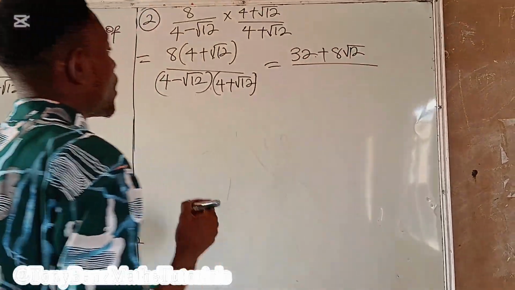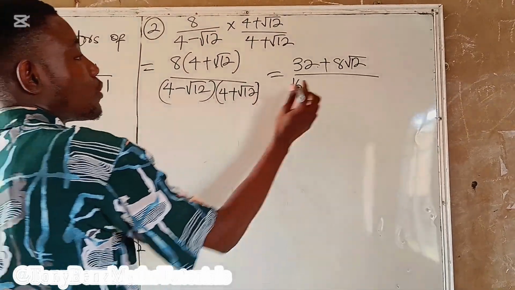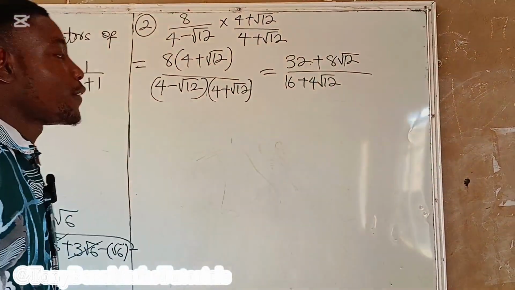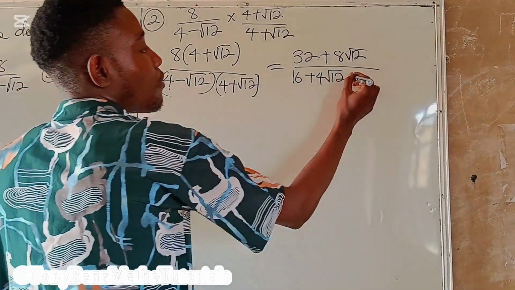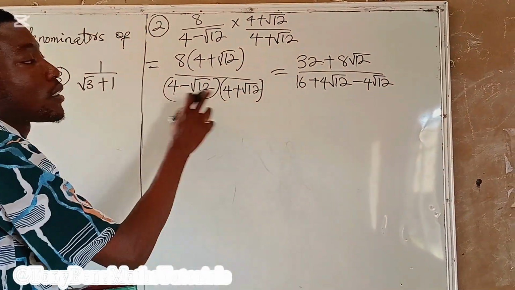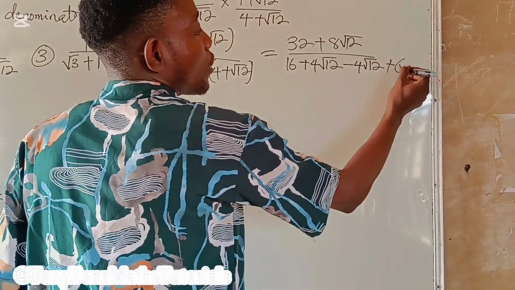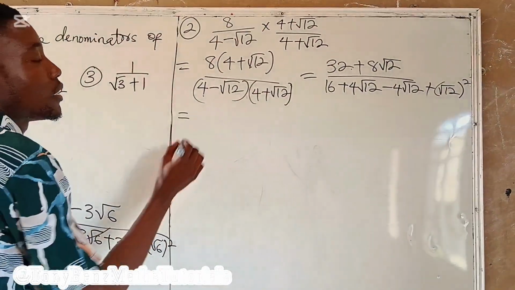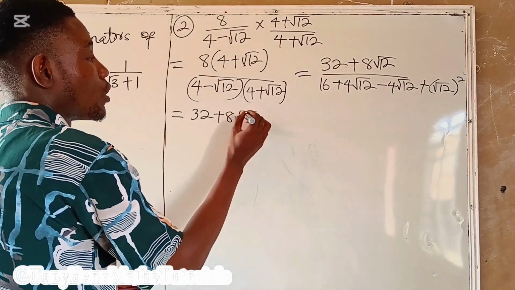all over, now 4 times 4 is 16. 4 times root of 12 we have plus 4 root 12. Are you following? Now we have minus root of 12 times 4, we have minus 4 root of 12. Now minus times minus we have plus, root of 12 times root of 12 we have root of 12 all squared. And the same thing as saying 32 plus 8 root